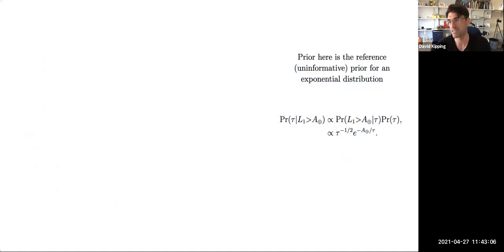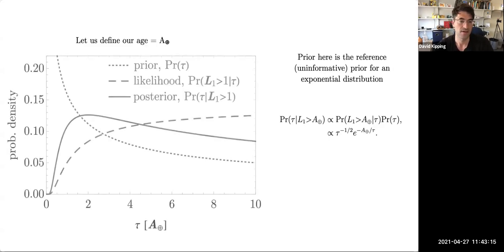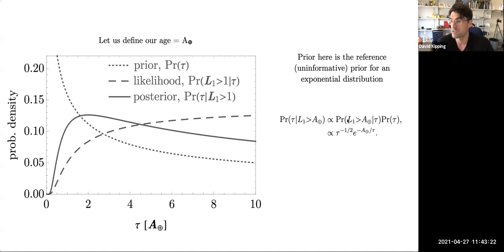So we can pretty much play the same trick as I showed you before. I'll go a little bit quicker through it, but we can write down a reference prior using the Jeffreys technique for this distribution. We can apply it, we can get our posteriors. And the one thing we don't know, whenever you have an exponential, it's characterized by a mean rate. So for instance, if you look at uranium, it has a mean rate of about 4 billion years, I think, for the decay rate of a uranium atom. So it has that tau, that's its tau parameter, the mean time scale. Here we don't know the mean time scale of this process, but we're trying to infer it.